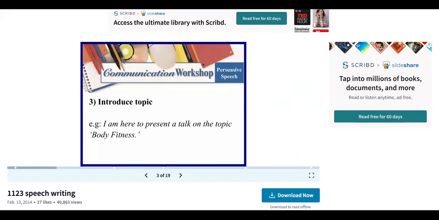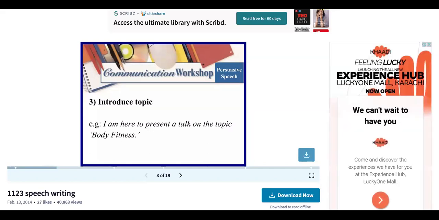When they said introduce topic in the last part, they said that you have to give your name and maybe a department that you're representing. Now they're moving ahead and talking about introducing the topic. However, this is going to vary with the type of speech that you're writing. While they're talking about persuasive, they will have this example of introducing a topic. Every single time that you're writing a persuasive speech, you will also have to introduce the topic. You will probably be there to talk about a topic.